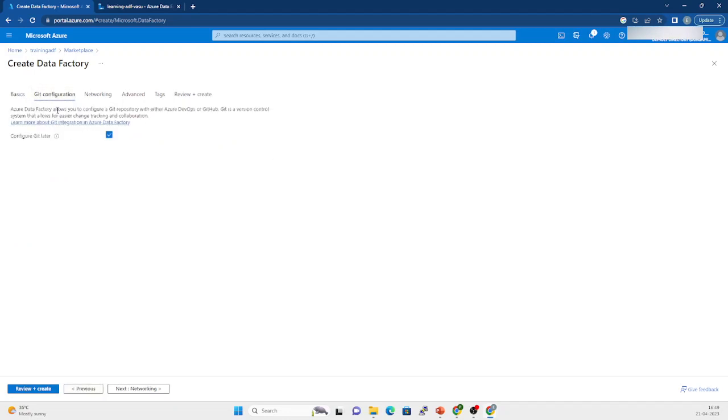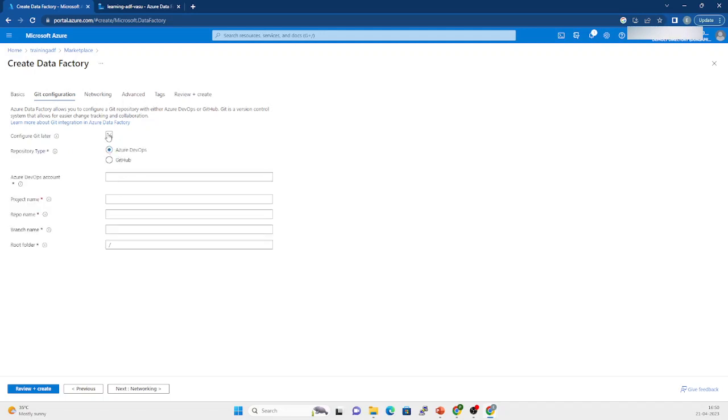And here is a place where you can navigate through the Git integration, and you can directly link your GitHub account for maintaining your code repository of the Data Factory pipelines, datasets and different assets, directly linked with the GitHub account. You can configure it later, and if you already have the details, then you can uncheck this box, so that you will be provided with the options to enter